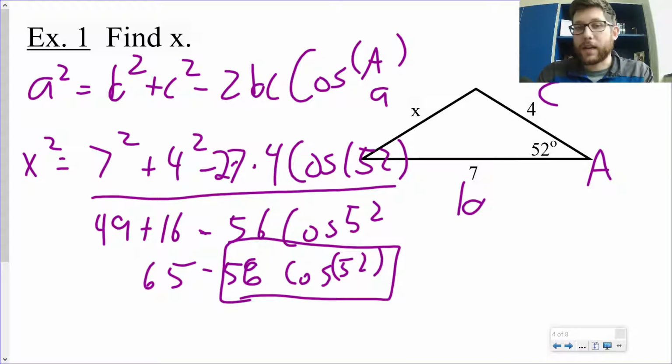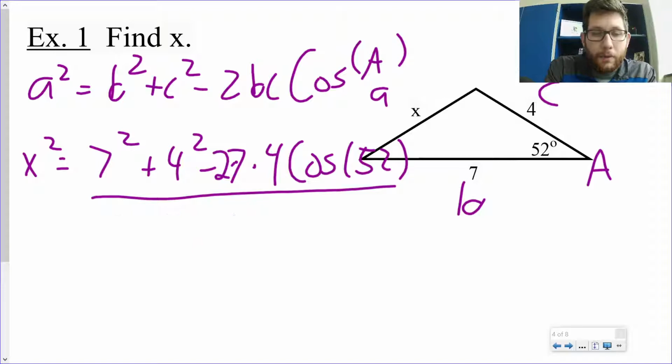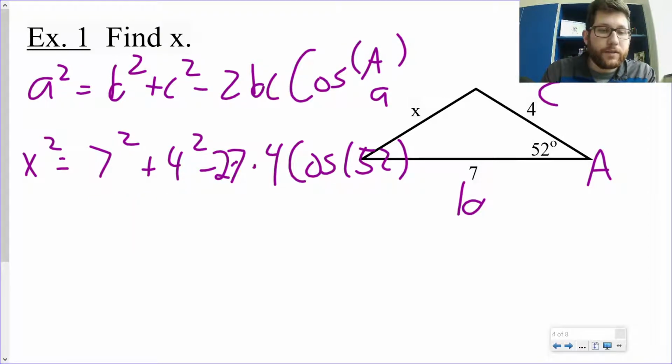But the thing is, you're going to need your calculator no matter what. So instead of making those errors, let's just get ourselves to this point right here. Let's plug all that in the calculator, and then we can take the square root to solve for x. So let's do that. 7 squared plus 4 squared minus 2 times 7 times 4. And once again, remember, you do need your calculator in degree mode, or it will not give you happy answers. All right? So we plug that in. We get x squared